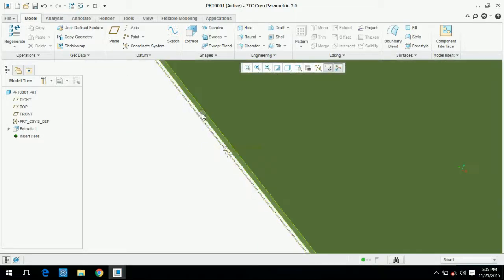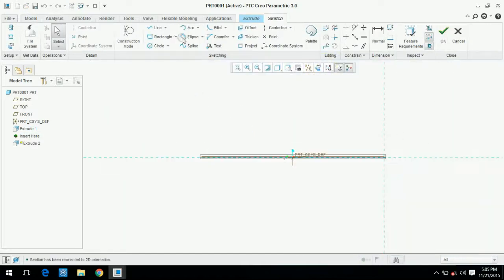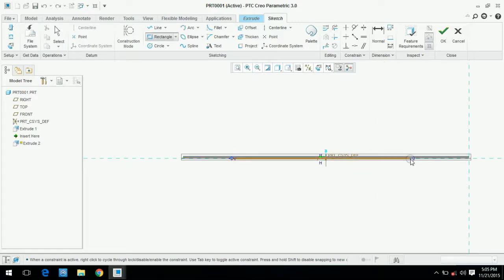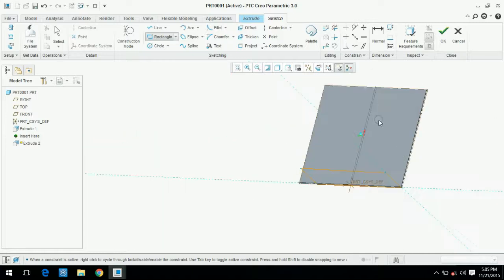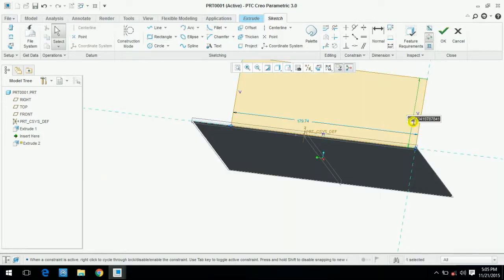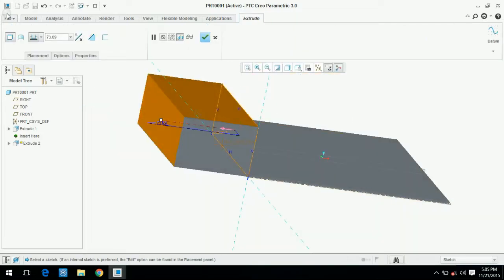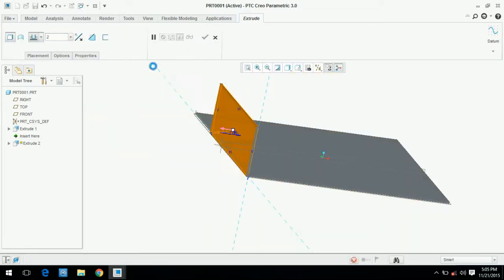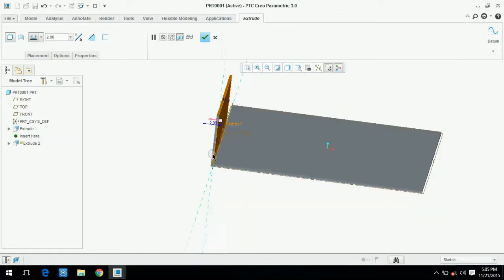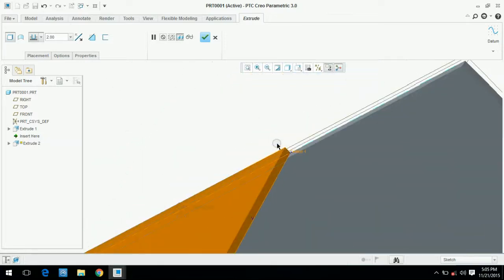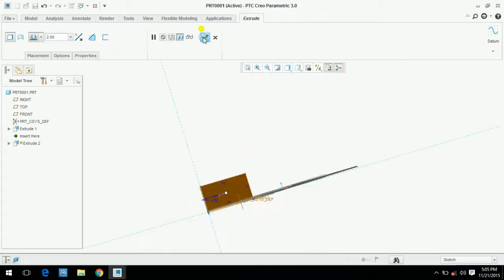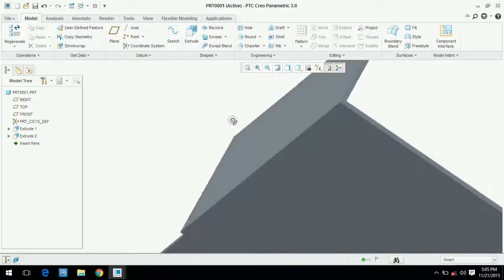So no problem, we will use another method, extrude into front, and we are going to extrude a rectangle instead of a line. Okay, just think we have to make this wall. This is 50 mm and this is 150 mm, no problem. Okay, the thing is that we know that is a 2 mm wall, and it's this side, either side you want to make it, no problem. Okay, here you will see a corner,